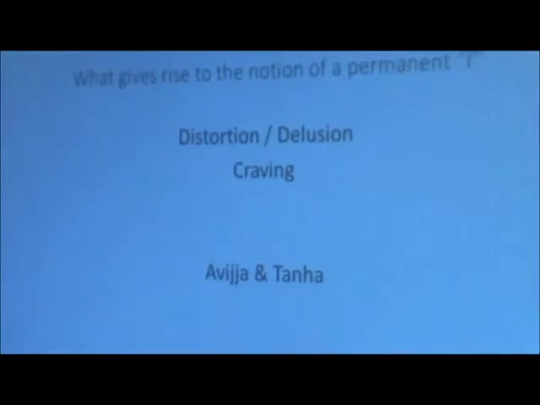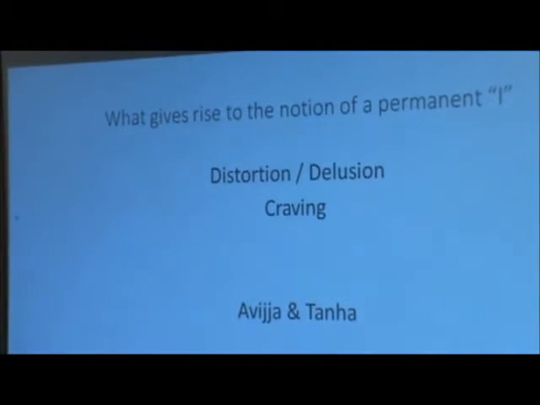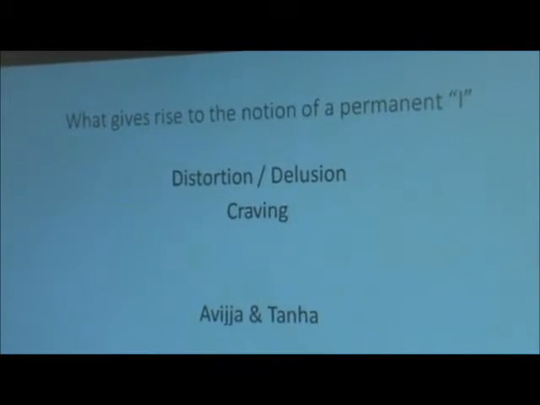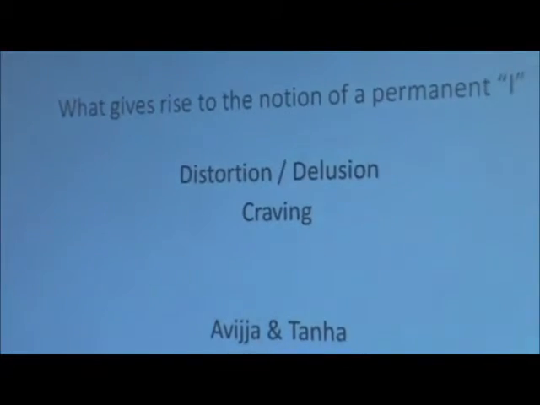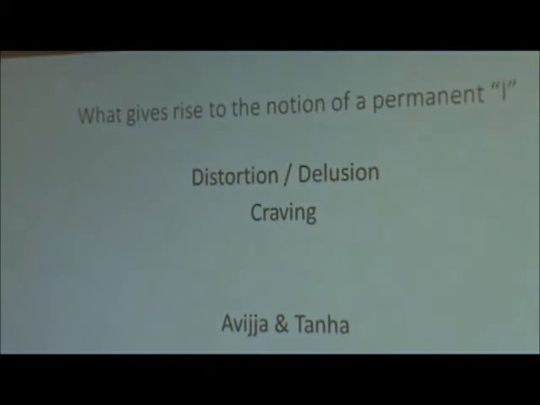The other question was actually, what gives rise to the notion of a permanent I? I think I got good answers for that. Yeah, definitely. I mean, we should wonder if people do not get this. If you really see the complex working of the five aggregates and how they interact with each other and produce this experience for you, we should wonder if people do not feel the sense of I. It's happening in such a manner that everybody feels like that. Everybody will justify that sense of agency and sense of reference point.